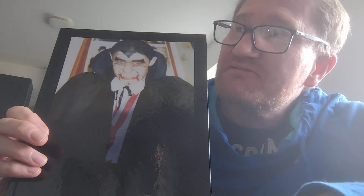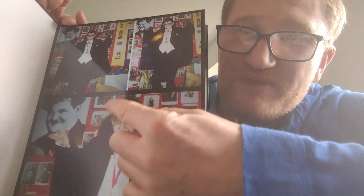But I absolutely loved the Hammer horror films and all the Universal monsters and the special effects makeup during the 80s and the 90s classic horror films. And then that's more shots of me there as Count Dracula, and you can see in the background this is obviously my old bedroom with loads of pictures of Laurel and Hardy in the background. So that's my other big passion, as you can see on my